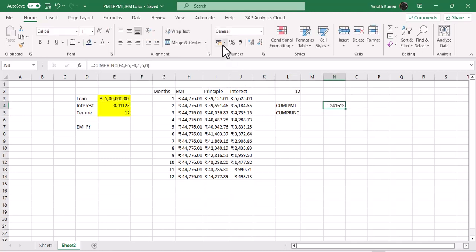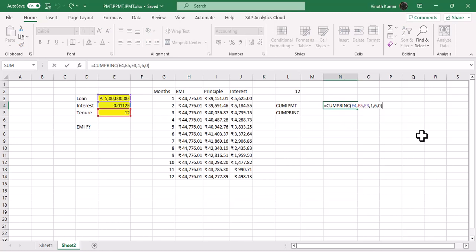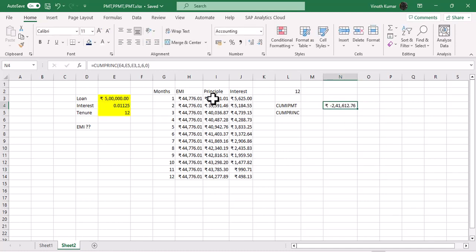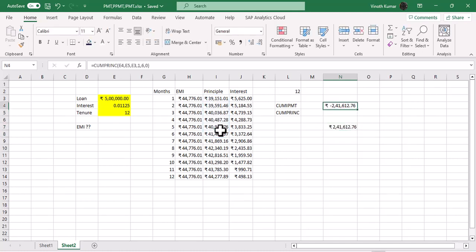Now the total principal that I paid so far in the last 6-month period is 2.41 lakhs. That's what it says. Let me see whether it is going to show the same result. I just gave 1 month to 6 months here. Yes, the principal payment that I want to see right now is this. So if I sum them up, I'm going to just say sum, and then I'm going to take the first 6 months of the data set and close the bracket and give an enter. That's going to give you the same answer. This is our principal payment,